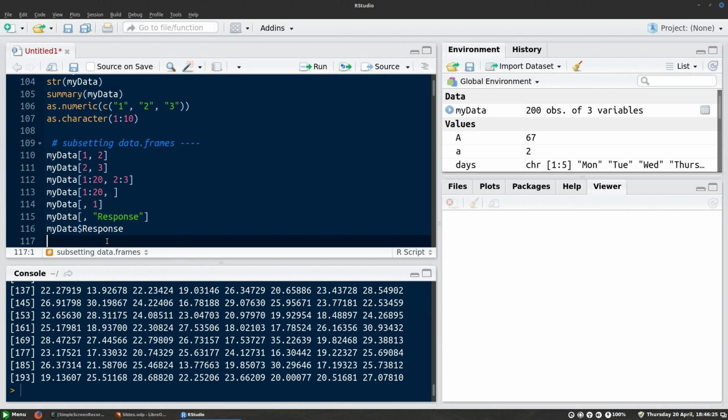You can use logical expressions to pull out rows or columns that meet certain criteria about your data frame. So, for example, let's say we want all rows who had a response higher than 26. So, again, we've got our row and column separator. We want all rows for which my data response was larger than